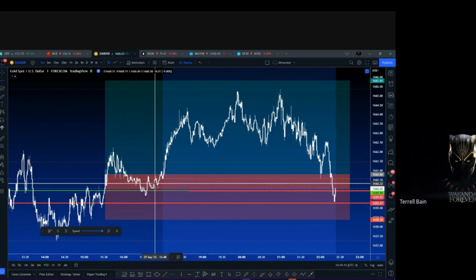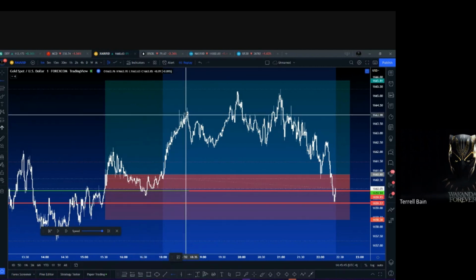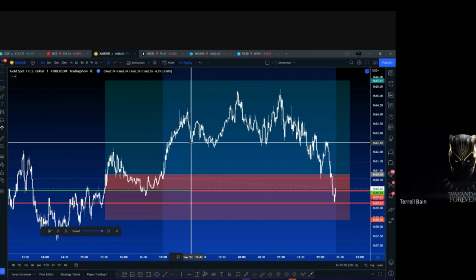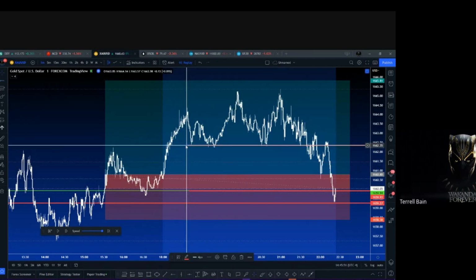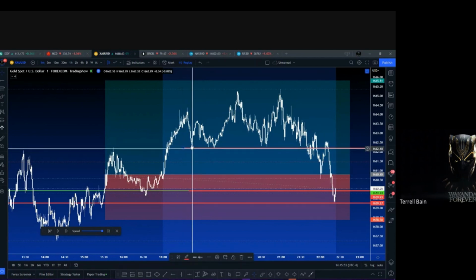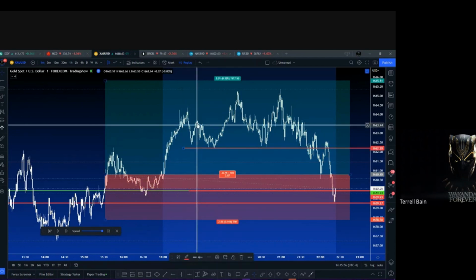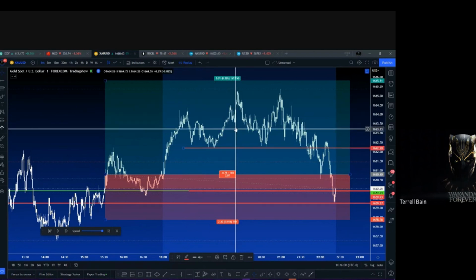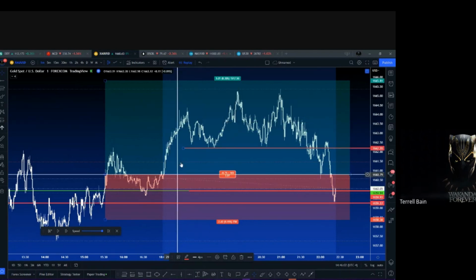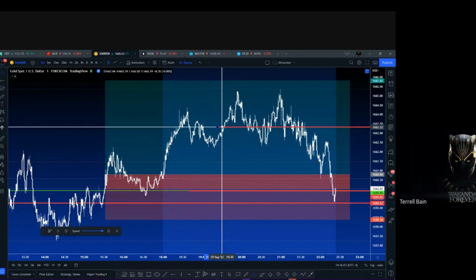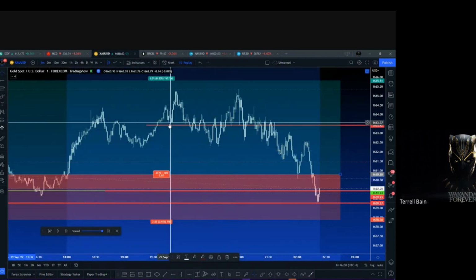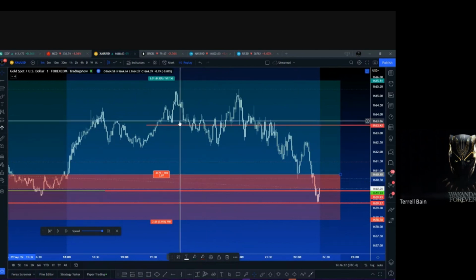But then price does what I wanted it to do, shoots off in my favor, comes here, creates this little V shape right here. So I would have seen that, and I would have had my stop loss not right there, but right there. I would have given it some breathing room. And look, it came back to try to hit my stop loss. It didn't do it. And then it went up some more, and look, another V shape right there. So then I move it right there. And again, I never put it right on it. I try to give it some little space or breathing room.